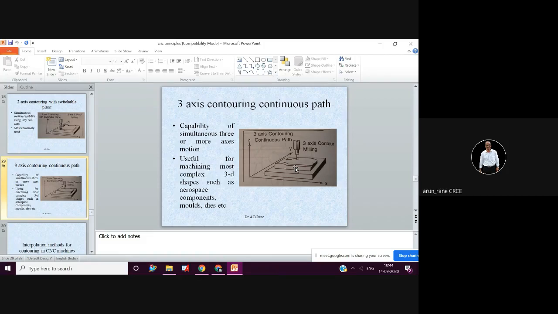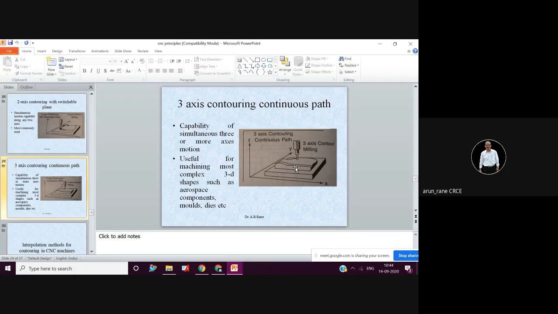Three axis control. There is another classification, that is the two and a half axis. So what do you mean by two and a half axis? Two and a half means two axes are moved simultaneously, and another axis is just a positioning axis.